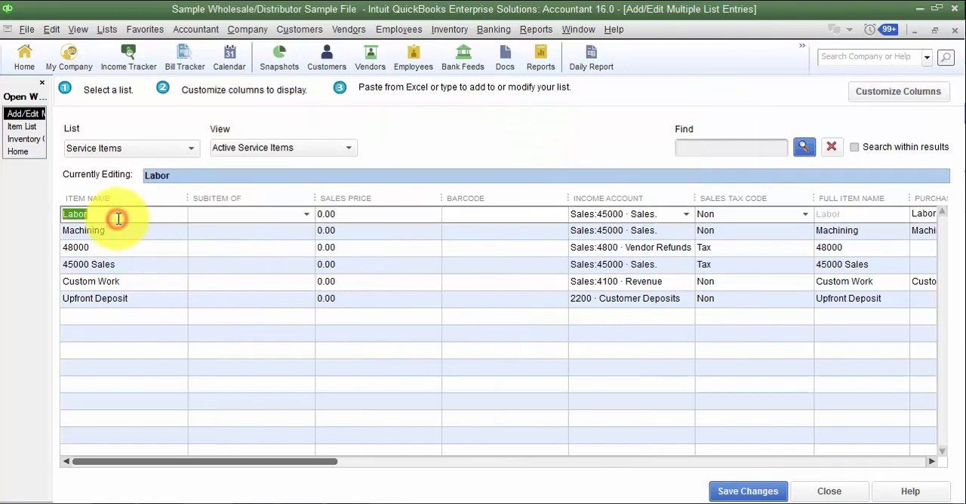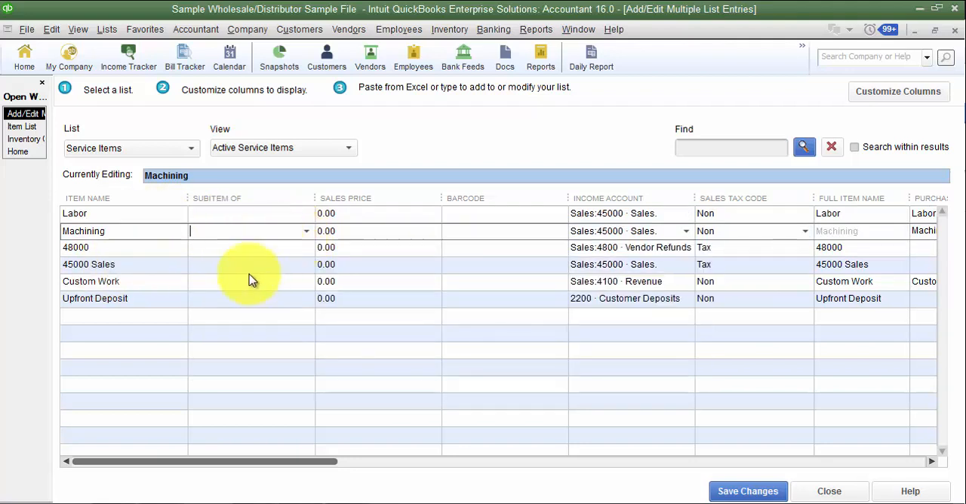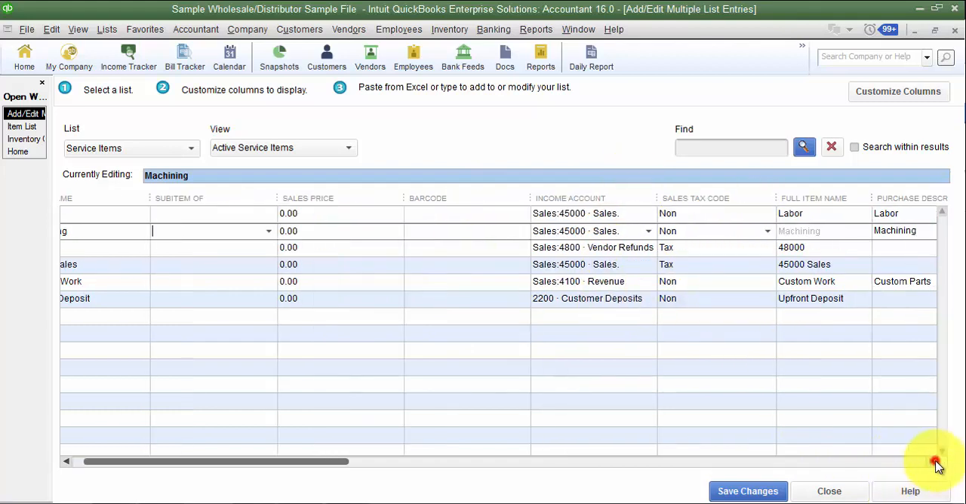Okay, so we have our item name. Again, if it's a sub item of another item, you can set up subs through this. This is one of the areas in QuickBooks where you have 2 separate fields, one for the sub and one for the header. You can edit the sales price in here, barcode number, income account, if it's taxable or non-taxable,